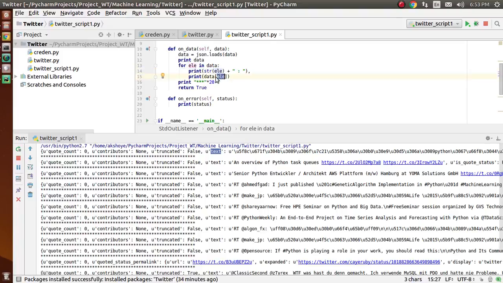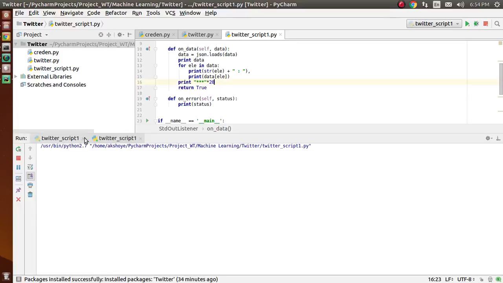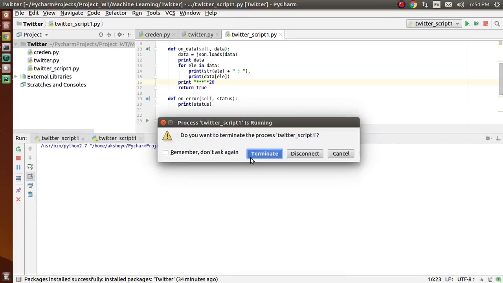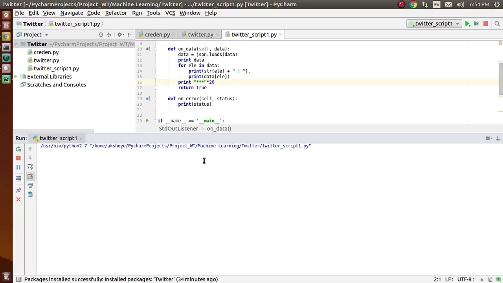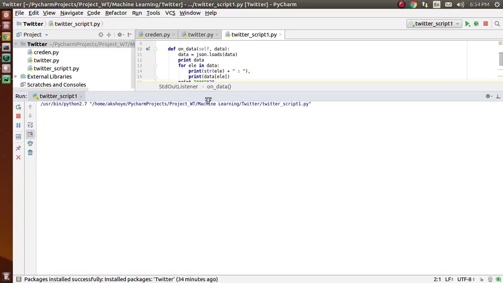For that you have to pass the key into your dictionary. So let's run this code again, and let's see what we will get. I terminated the previous one I ran. Now this one is our current code after we changed it, and let's see the output.